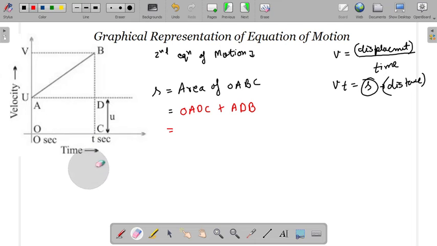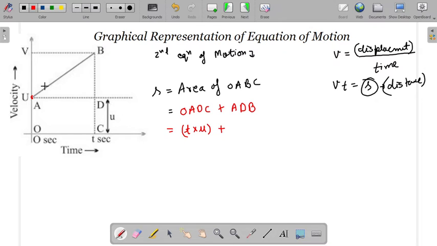As you can see that OADC is a rectangle, which means length into width. So length is 0 second to t second, that is t, and width, or we can say breadth, is u, the initial velocity till point A. So it will become t into u